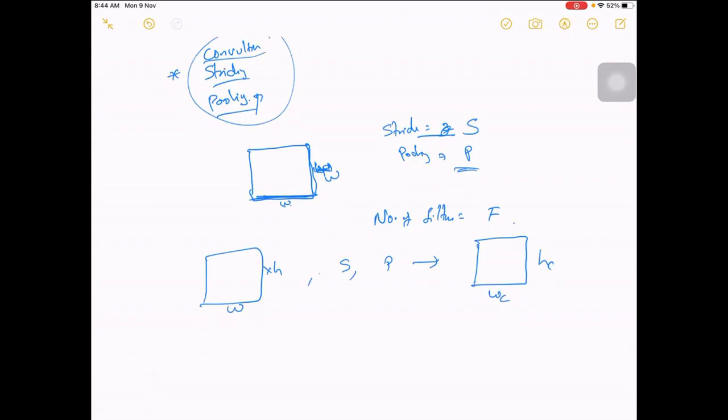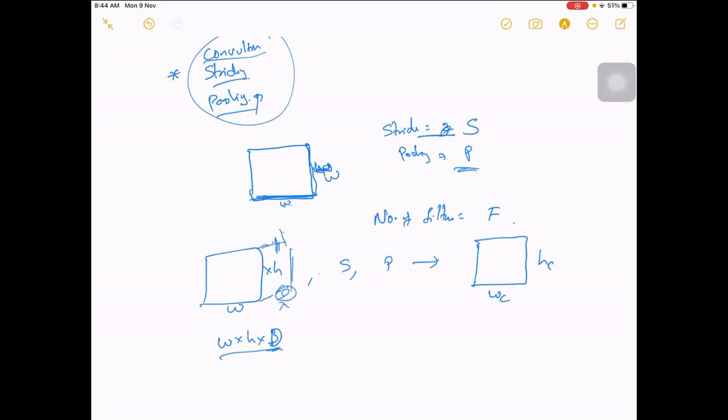Even if there is a third dimension, that doesn't matter. It need not be 3-dimensional, it can be any. Let's say dimension D, meaning depth, so you have a 3-dimensional value here. Even if it is D, this doesn't matter at all.